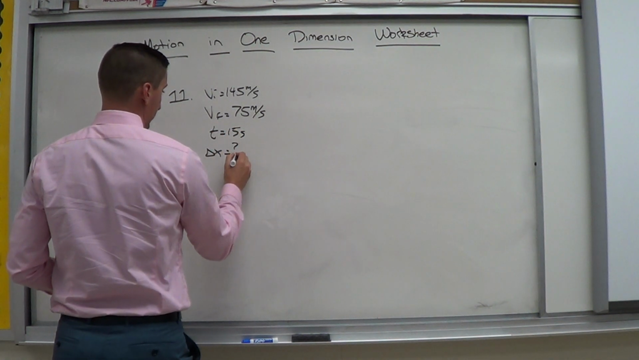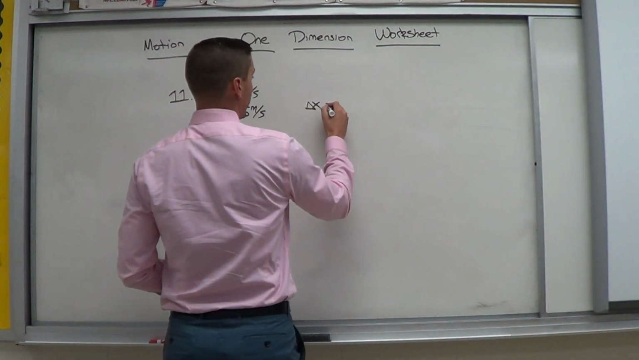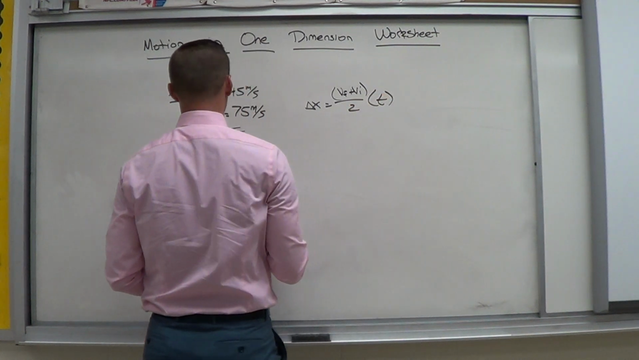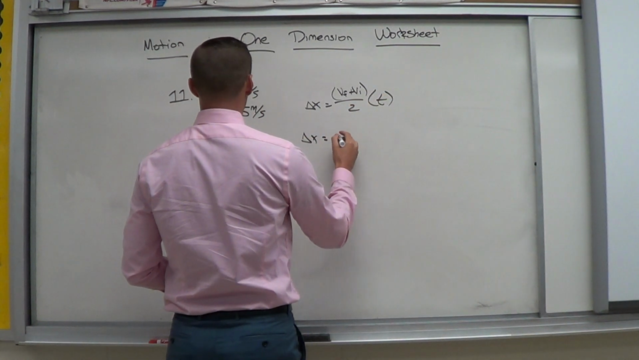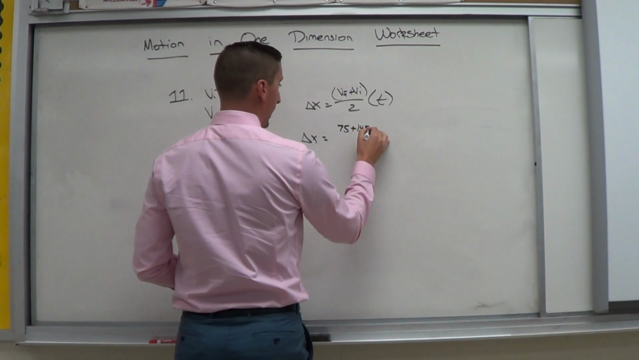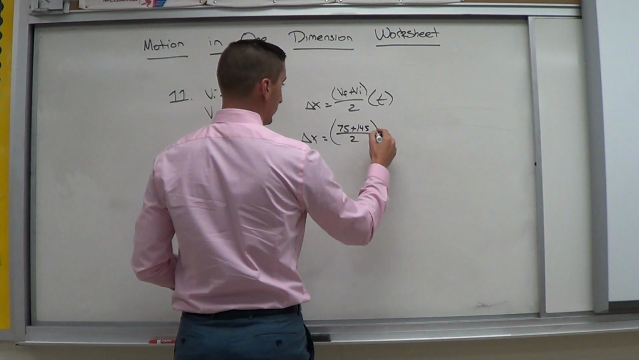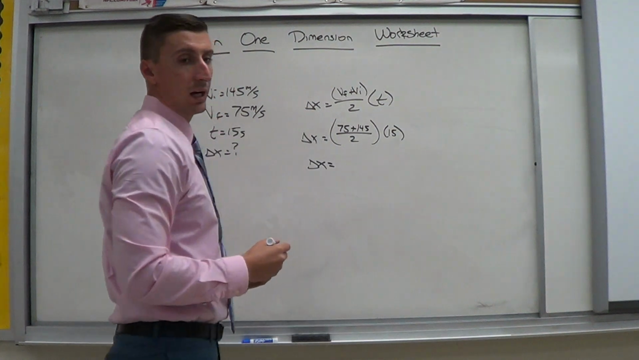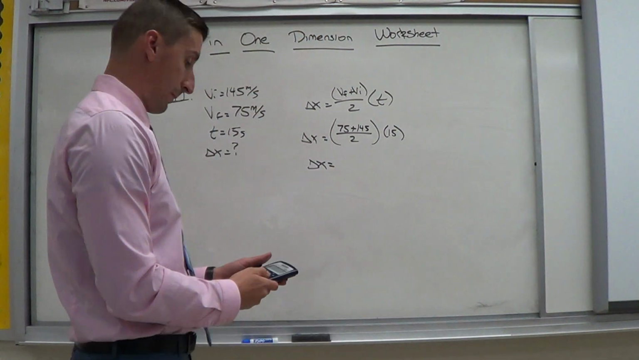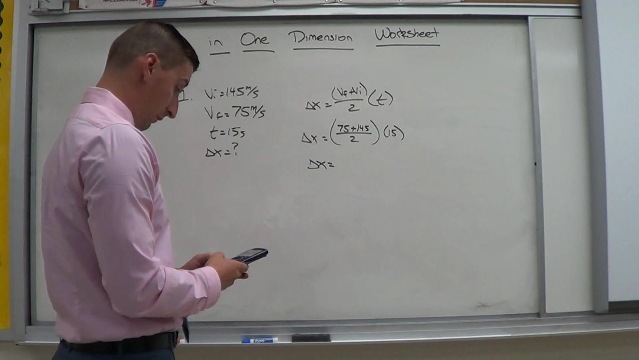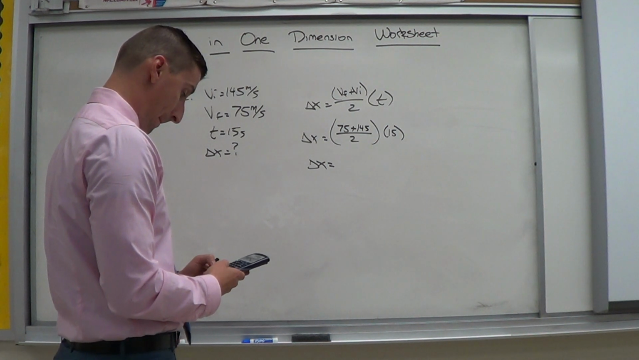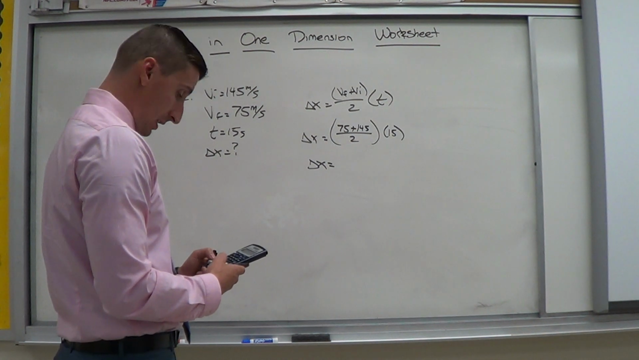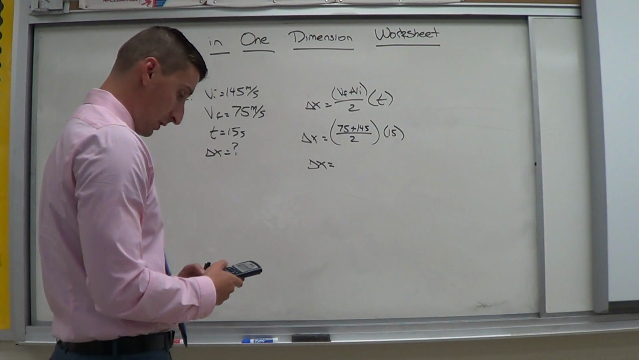Find delta x. So again, I'm going to use the same one. Delta x equals (VF plus VI) divided by 2 times t. I solve. VF is 75 plus 145. So again, I'll do my addition first, then divide, then multiply. So 75 plus 145 is 220, divided by 2 gives me 110, times 15. Gives me